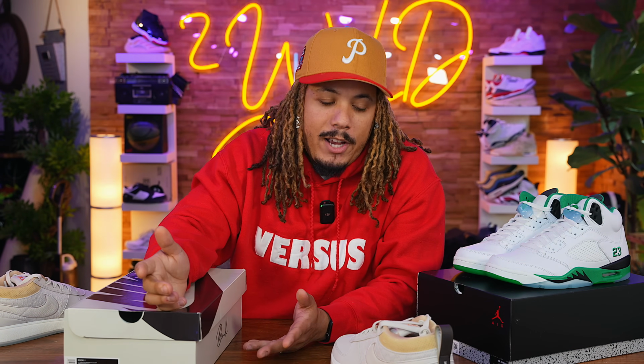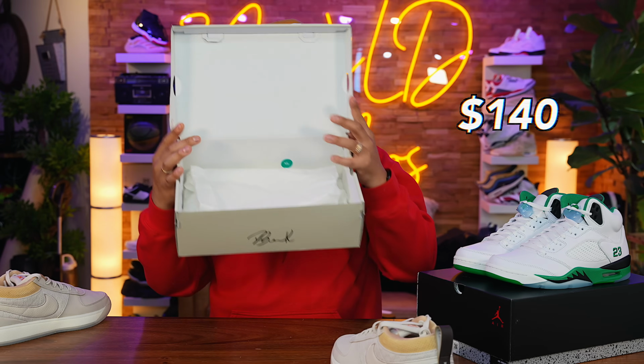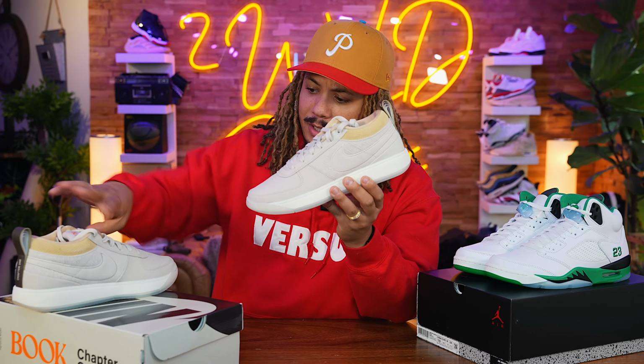From what I remember reading, the rumored retail price was $160 at first. Now these are said to be $140. That's what we're currently seeing these at. And these are releasing on February 17th, so during All-Star Weekend. This is actually the first official release of the shoe, I would say,